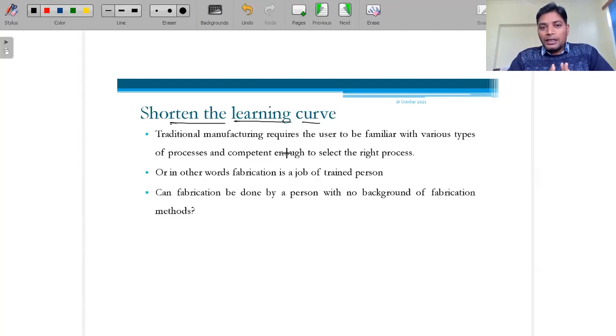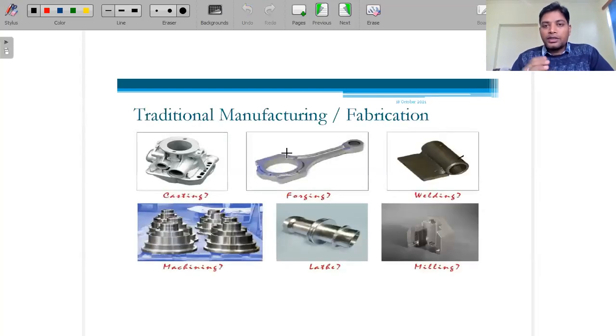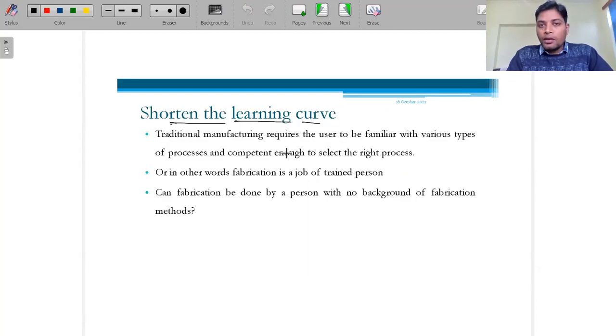This is what is written here, which I have discussed with you. If we talk about additive manufacturing, here also a trainer is required. A trainer is like a teacher for students. To teach the students, only a teacher is enough. It is up to the students' ability, what they learn and how much they want to learn. So this is additive manufacturing.